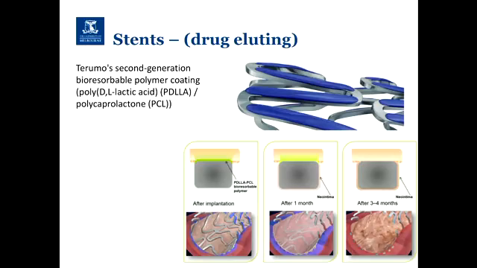I don't know what the properties of both those polymers are to know what the degradation rates. I am assuming that they're wanting it to degrade over a few months. This image here was also on their website, and so it's a schematic of how the polymer coating does degrade. So it starts off here after implantation, and they've got pretty much after 3 to 4 months that drug-eluting polymer coating should have degraded. I don't know if that was the same for all of the stents, but this is just one example.